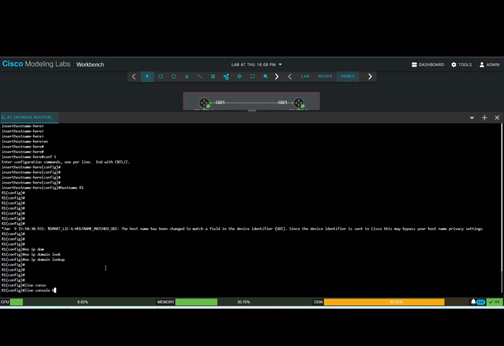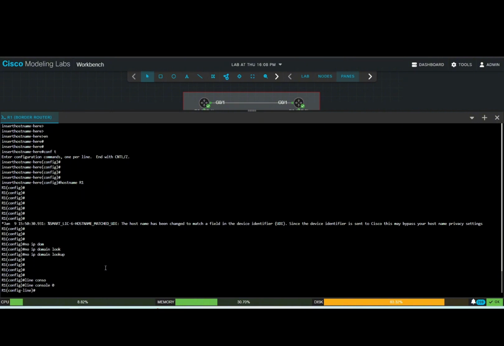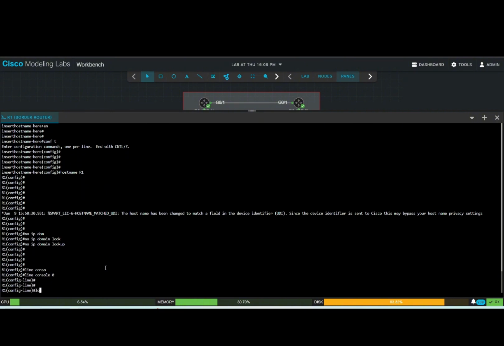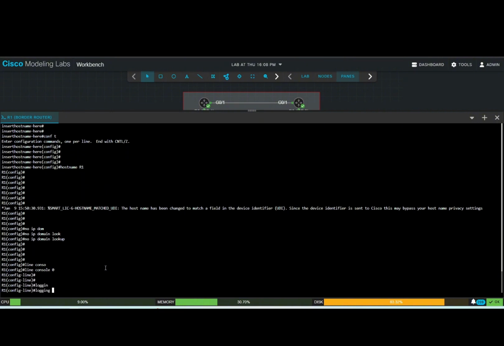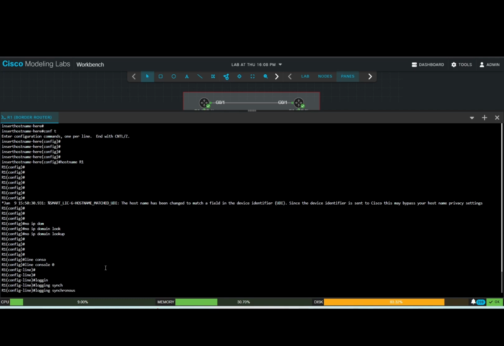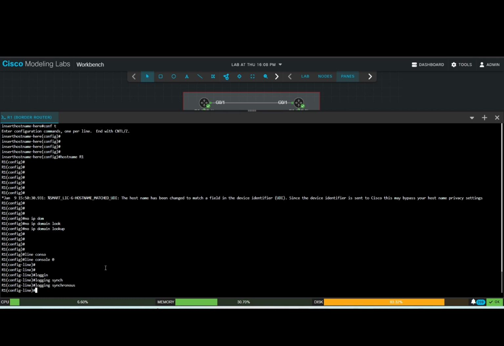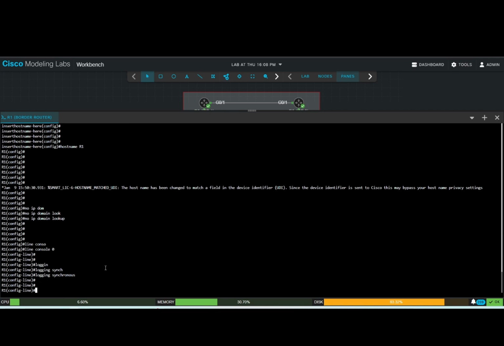I will add two commands here. First, this is a lifesaver. Without this, if a log message pops up while you are typing, it messes up your line. Logging synchronous repaints your command on a new line automatically, keeping your screen clean. And finally,